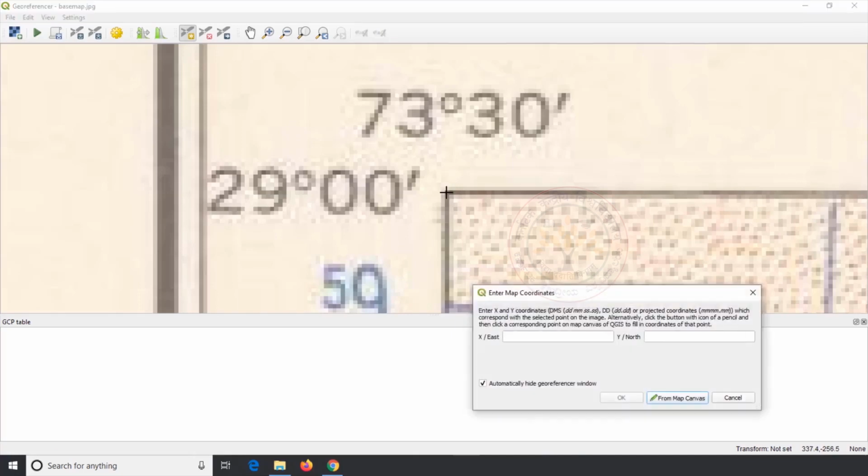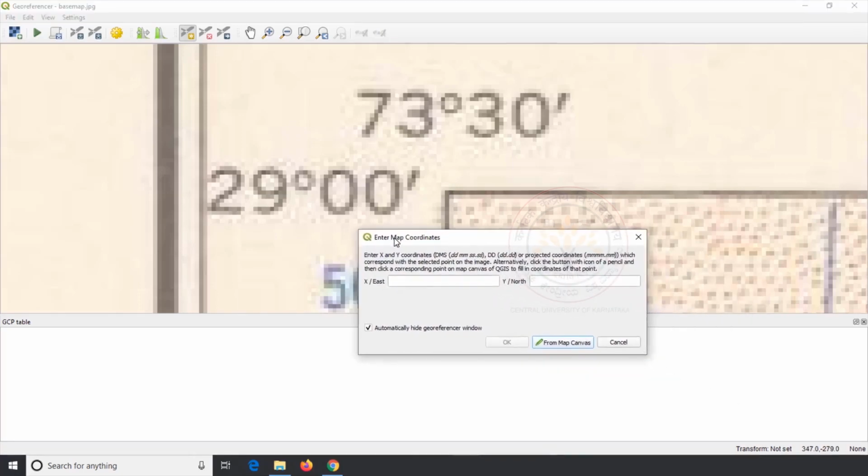Now we can see the Enter Map Coordinates window. Read the instruction given on the window. Latitude and longitude information of a point can be entered in 3 different formats, such as DMS, which stands for degree minutes and seconds, and DD, which stands for decimal degrees, or projected coordinate format.